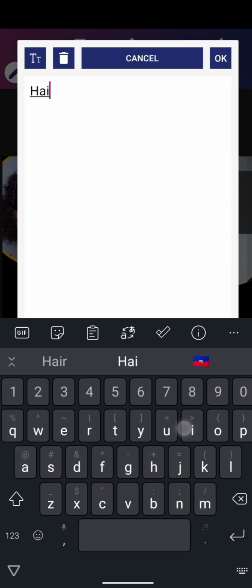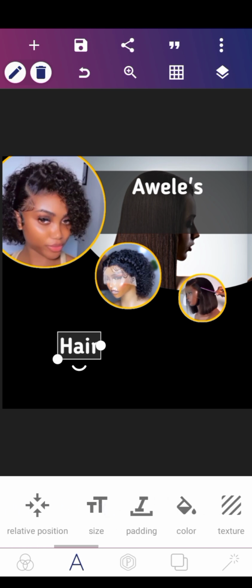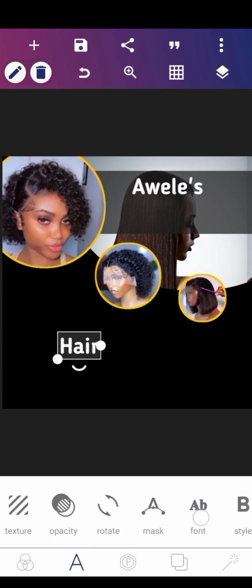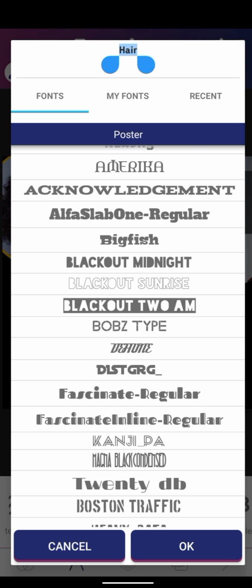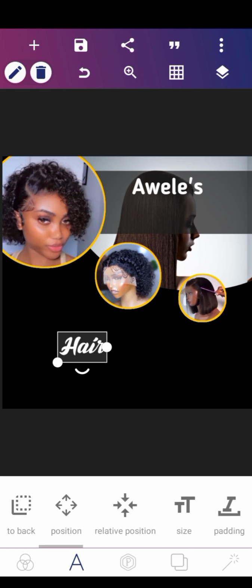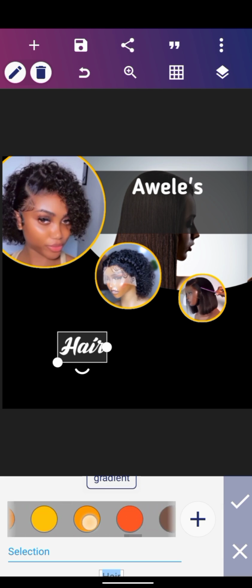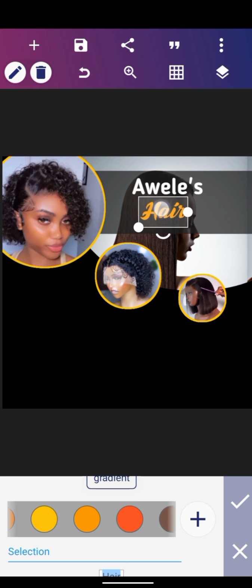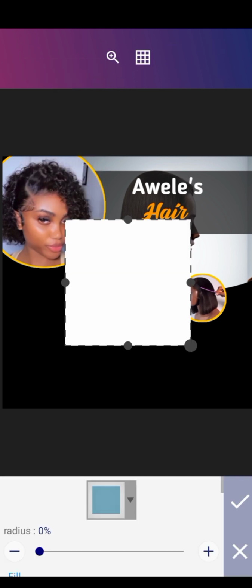and click right here. Then we'll go back to the font to change the style. So we're going to be changing the font style to this. Then we're going to be changing the color also. Change the color to this. Then we'll drag it to the top. I think that's fine. And the next thing we'll do is to click on the plus icon, click on shapes,